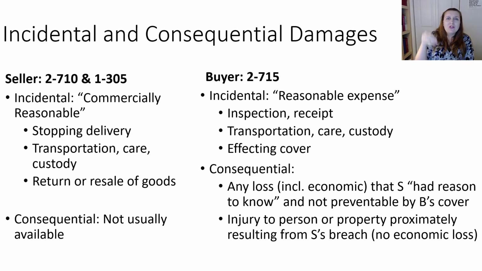But the buyers also get the consequential damages. So we'll talk more about this in the context of buyers' damages in the next class. But these include economic damages that flow as a consequence of the seller's breach, but then also these personal injuries. And we, of course, know that it's prima facie unconscionable under the UCC to limit consequential damages for personal injuries.